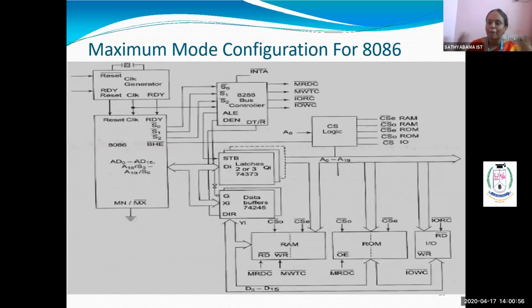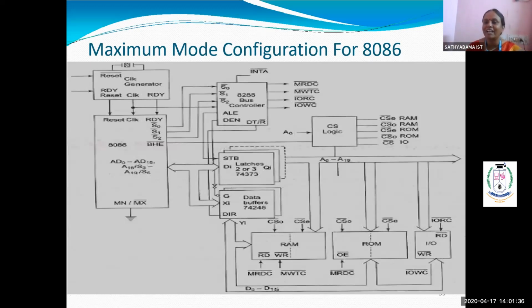I told you the purpose of the coprocessor. If I want to communicate with another processor, for example a mathematical coprocessor, it will take care of all mathematical operations, so more burden will not be given to the 8086. Some other processor will take some specific application and do it. This is the main feature of operation available in the 8086 which does not exist in the 8085. In the 8085 we can use only a single processor at a time. But in maximum mode I can connect multiple processors or coprocessors. To connect the coprocessor, the most important chip used here is the 8288 bus controller.